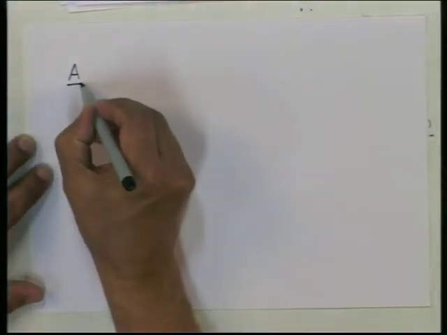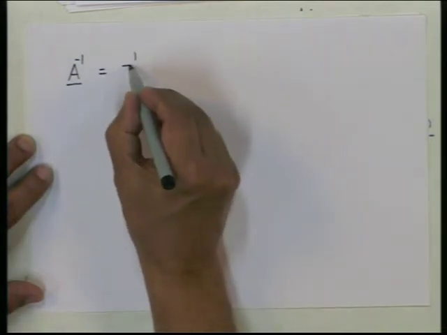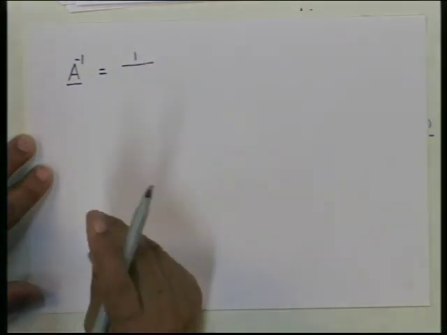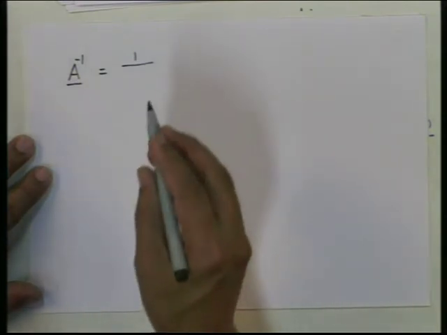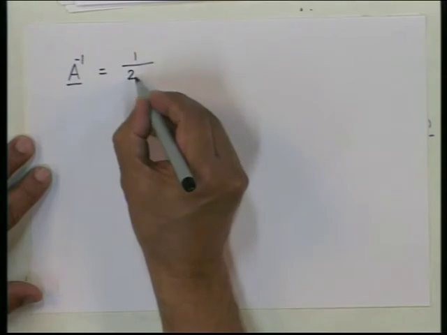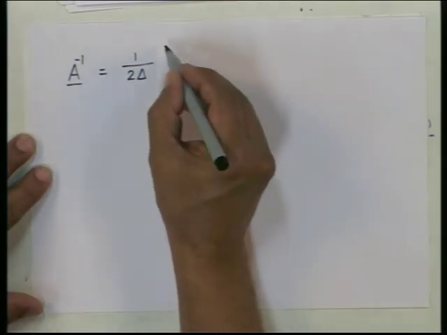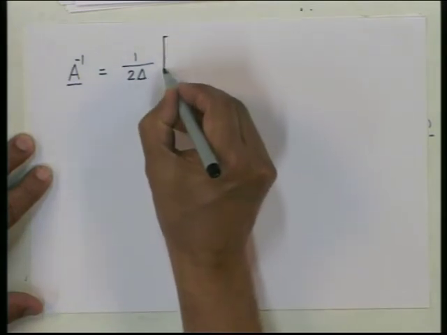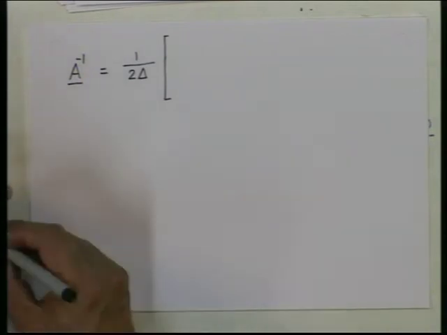So A inverse comes out to be 1 by 2 delta, I will explain what delta is, and then there is a matrix, and that matrix is,